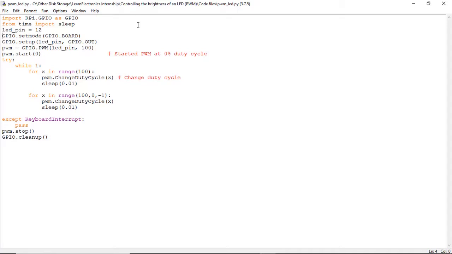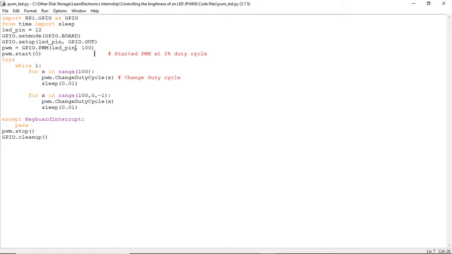So once we are clear with the mode, we move on to setting up the LED pin as output now, and then we use the PWM function from the GPIO library for the LED pin. So to toggle the brightness, we would be using the PWM signal with a frequency of 100 Hz here. The arguments in the function would be the LED pin which we have initialized earlier and the frequency which we are going to use. So once that is done, we start the PWM signal from the 0 duty cycle value. So PWM.start is a function for that.